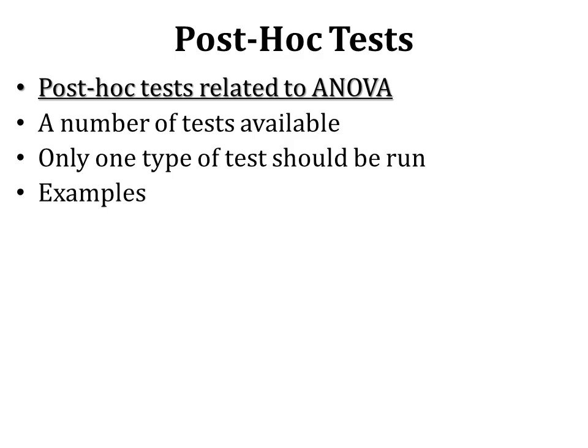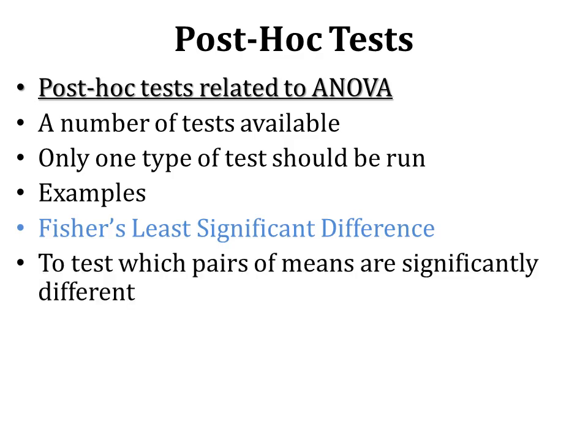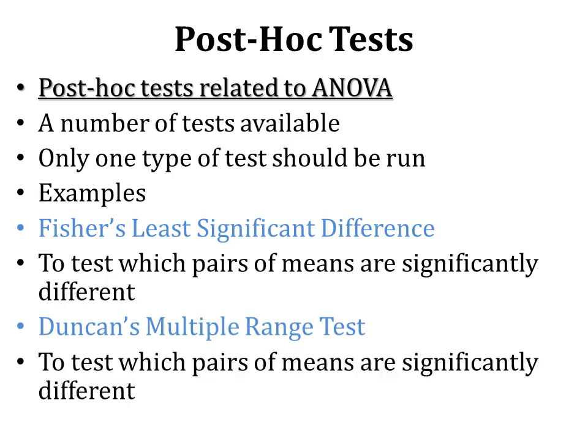Examples of post-hoc tests related to ANOVA are Fisher's least significant difference test, which is used to test which pairs of means are significantly different. So this is a pairwise comparison. And then we have Duncan's multiple range test, which is also used to test which pairs of means